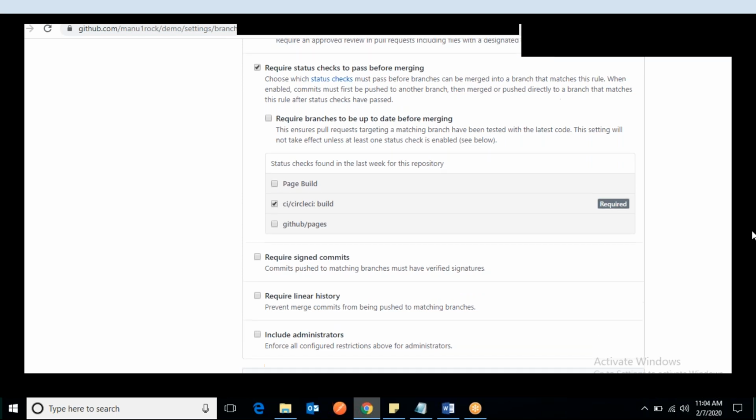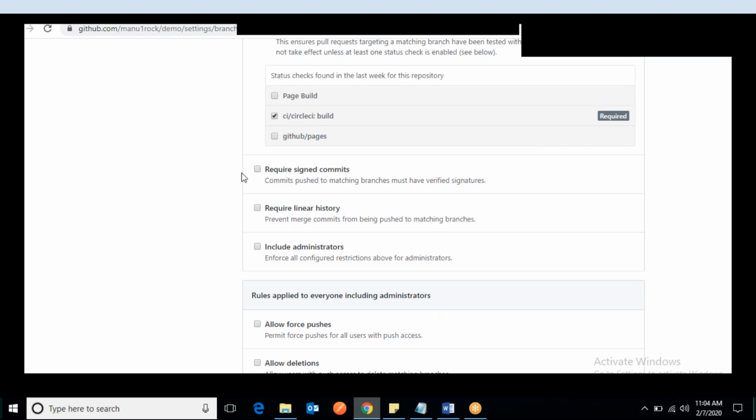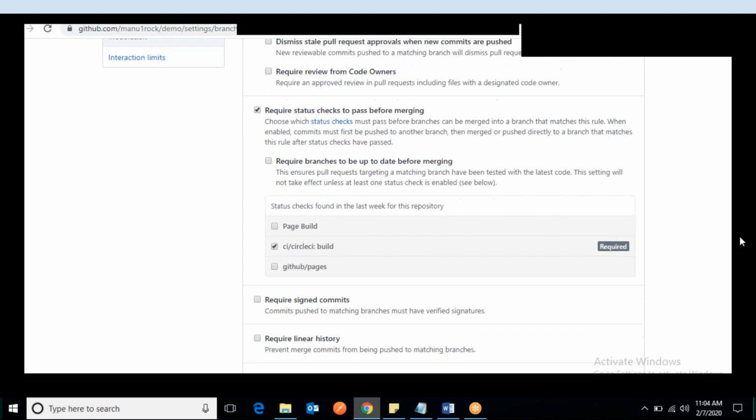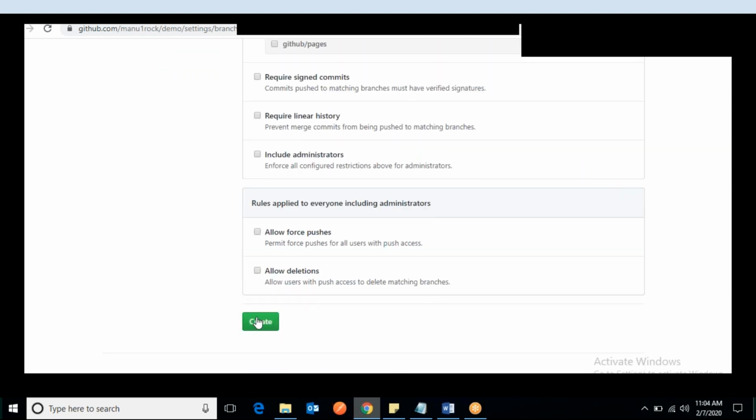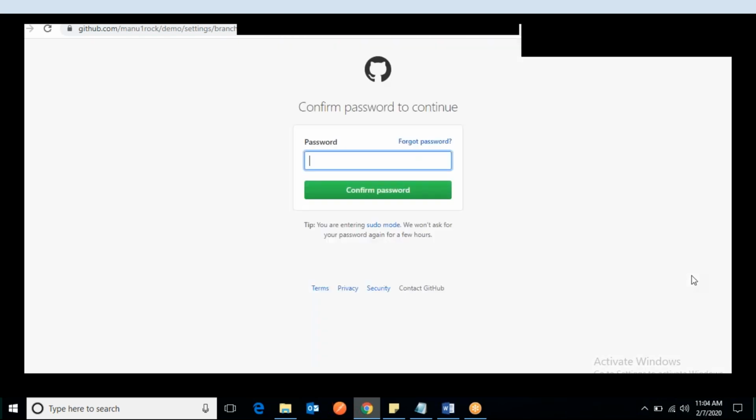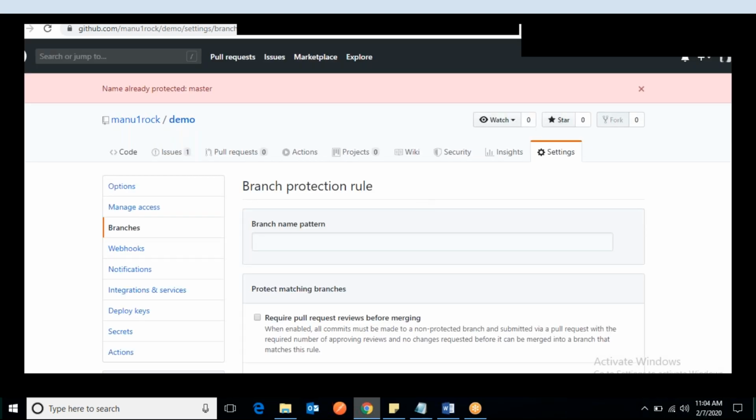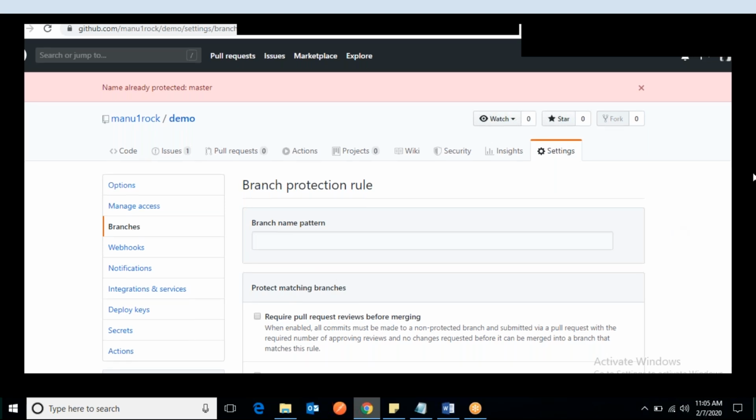There are a lot of options here. You can leave them blank or apply whatever restrictions you want. Then I can go and create. It asks for the password. Once we confirm the password, it says name already protected, because I have already protected it.